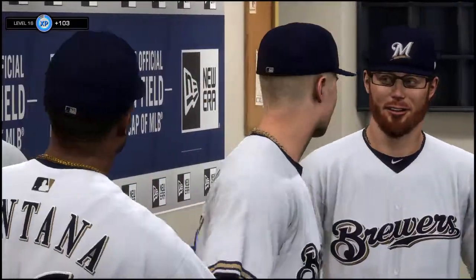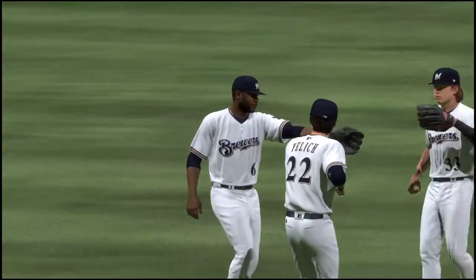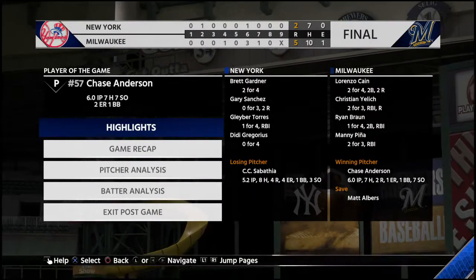Hey, one of the keys to having a good record in baseball is to win some games at home. So this was a big win to win at home in front of their home crowd. 5-2 the final score tonight. The Milwaukee Brewers wrote an important